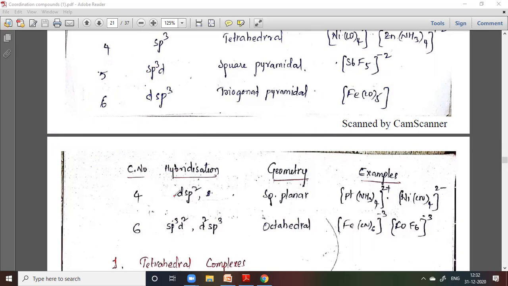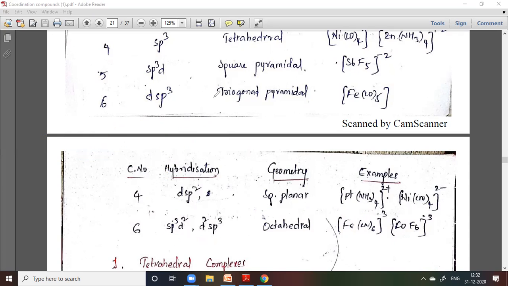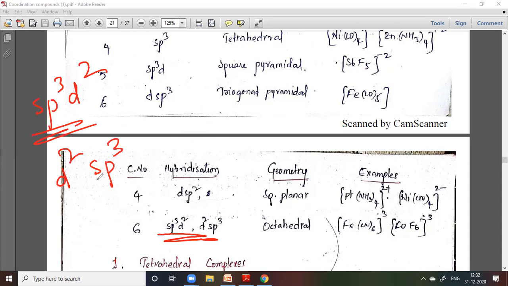Next, if the dsp2 structure comes, this is a square planar structure. So these are all the other examples. Square planar is simply a square planar arrangement like this, metal and ligands like this. And after that, sp3d2 and d2sp3. Here there are 2 hybridizations, one is sp3d2 and another one is d2sp3. So these two are also